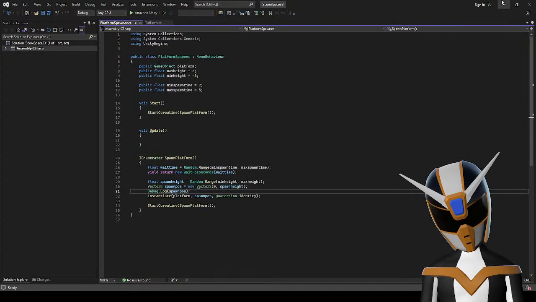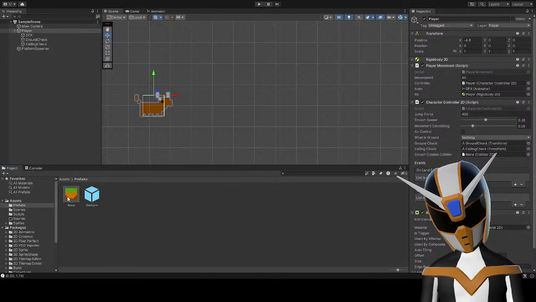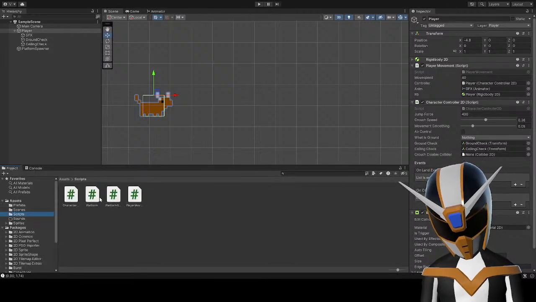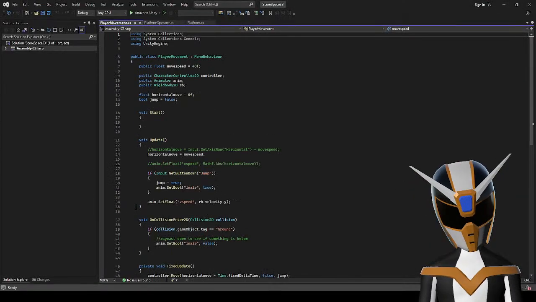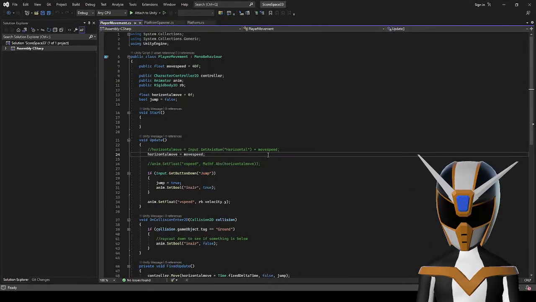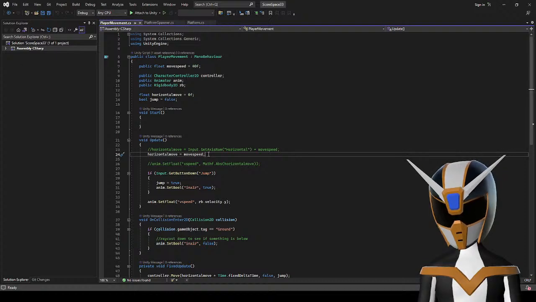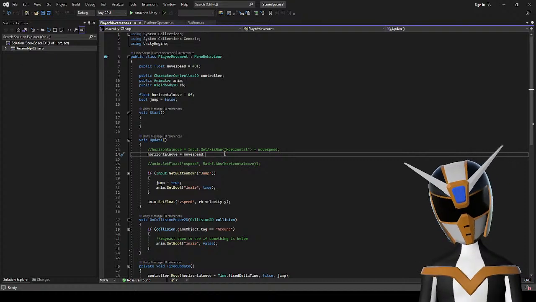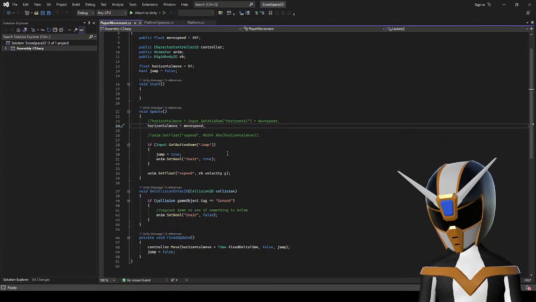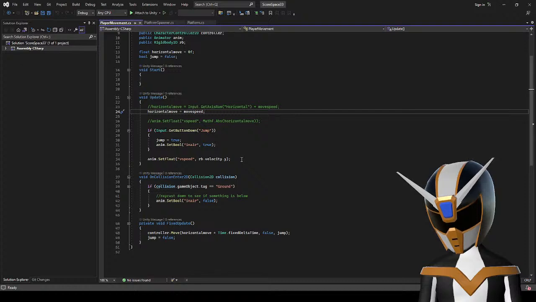I did... hold on. I didn't change the wrong script, did I? No. So, horizontal move should be set to 40. Is there anything that's setting it to anything different? Is there...